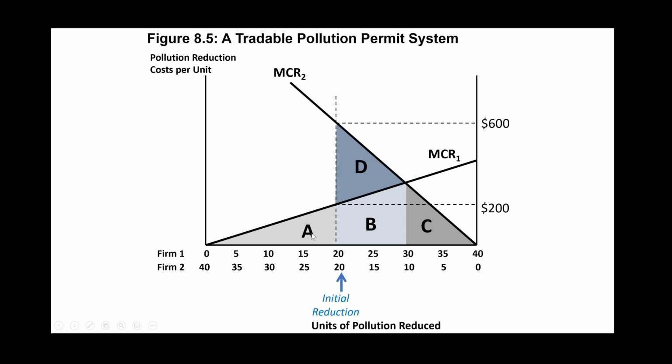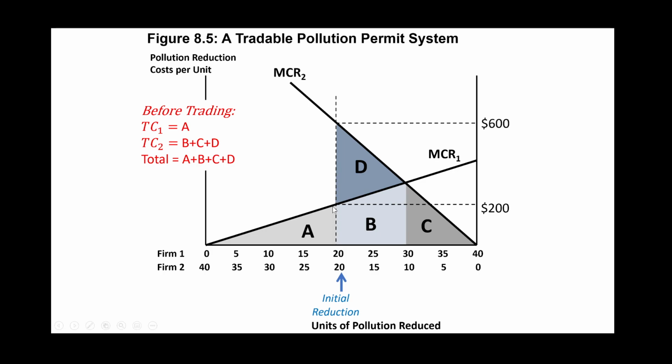Now, before trading begins, this is the cost and total cost for firm 1, which is A. For firm 2, B, C, and D. But now, because these permits can be bought and sold between the firms, there's an incentive for firm 1 to